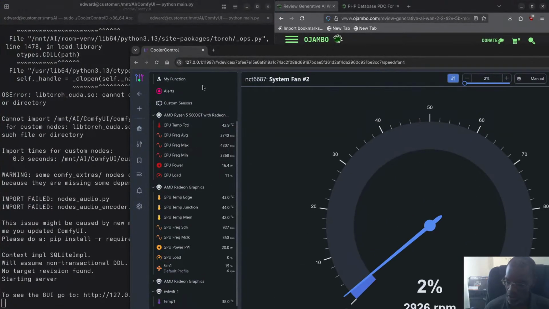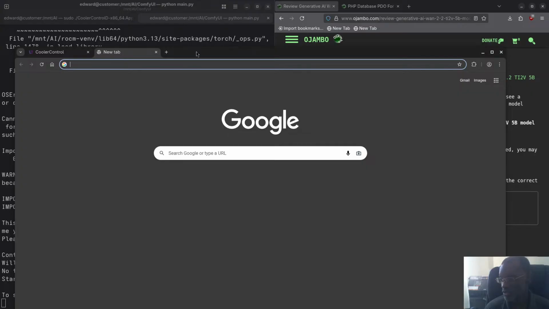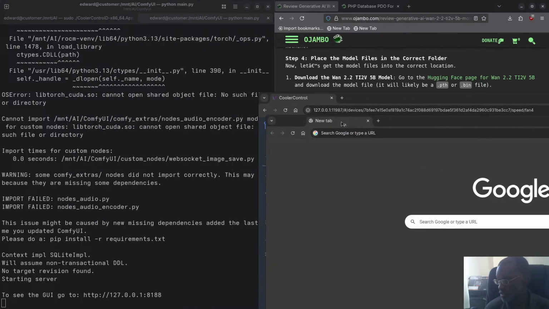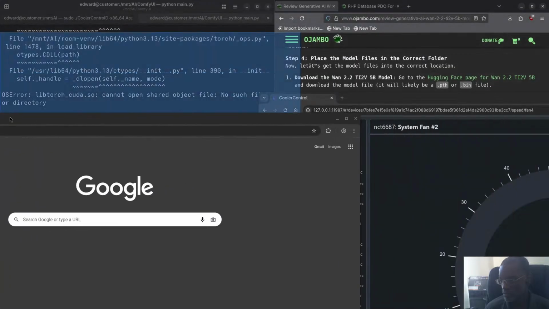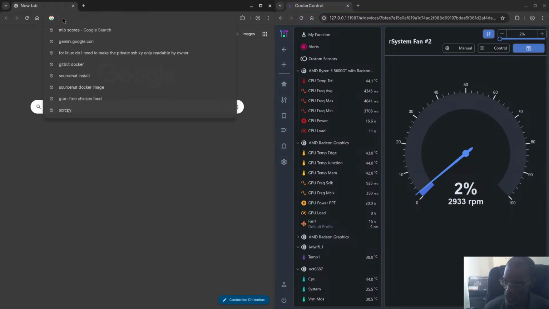I'm going to split this because I don't want to be going back and forth. So what I'm going to do here is split this one. Oops. I'll tear this off. What can I tear? Oh yeah, there we go. I want to tear this off, and I want to put this one here. So we go to